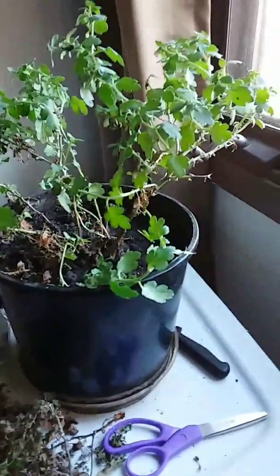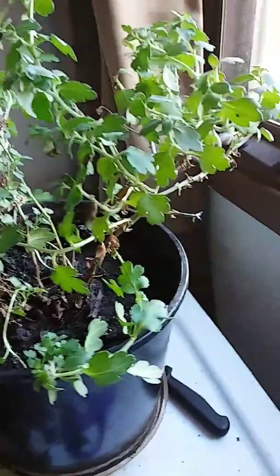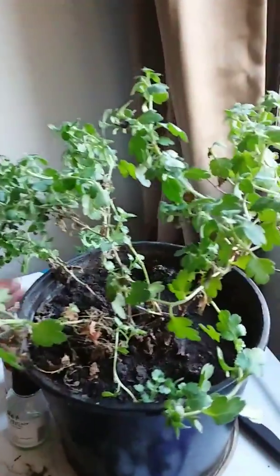Yeah, so this is what's remaining. Okay, that's a branch that got tucked somehow. That one actually doesn't look bad. There's a little dangly one down here, real thin and scraggly. Got a couple of offshoots. I mean,